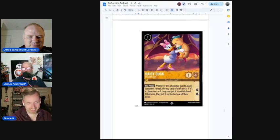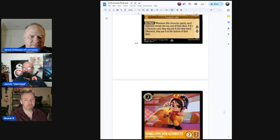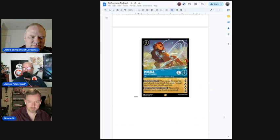Yeah, because unlike the Lilo or Maleficent 1-drops, she's going to survive for more than one turn. Yep. We've got a new Vanellope in Amber. And we have this amazing Mufasa legendary, which again, either this card is completely broken or no one will ever